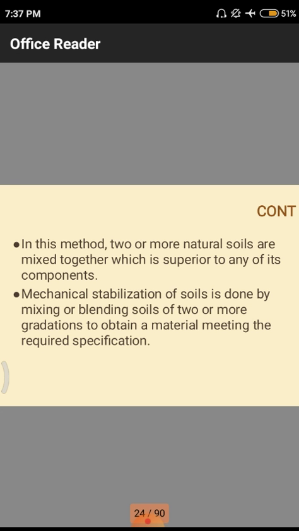Next, mechanical stabilization of soils is done by mixing or blending soils of two or more gradations to obtain a material meeting the required specification. That means here we are mentioning the term required specification. Why? Because whenever we are going to construct a structure, the total structure has to be borne by the soil, so the soil definitely must have higher